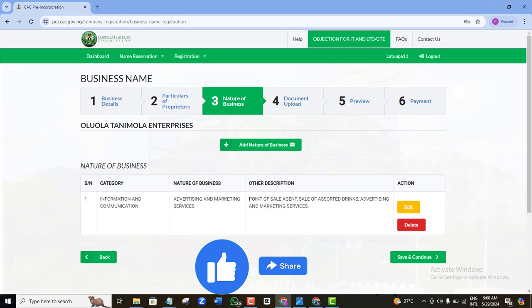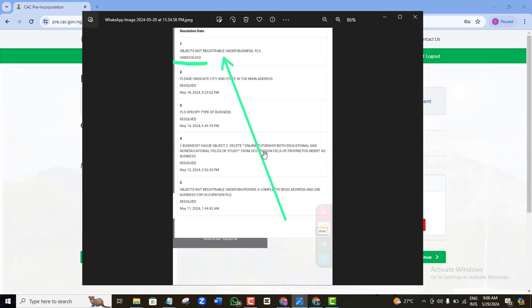You just want to leave this at point of sale agent. You don't want to start talking in many grammar. You don't want to tell them your goals and objective and your mission and vision statement. When you do that, CAC is going to query your application as being vague. So that is the problem here. Use simple business terms, something like sale of, service of. Just tell them in a simple statement what you want to do, and then this issue is going to be resolved.